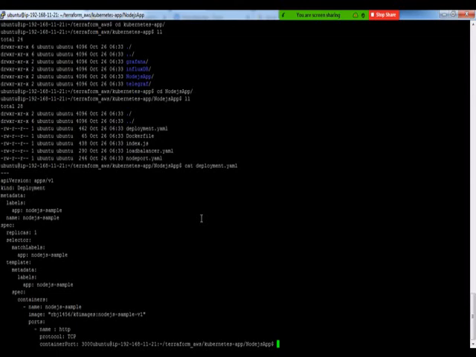Then underneath the replica set, there is something called a pod, which is the minimum unit of application deployment in Kubernetes. And what does the pod represent? The pod represents a group of your containers. The pod consists of the applications. It could be a single application, or it could be more than one application.